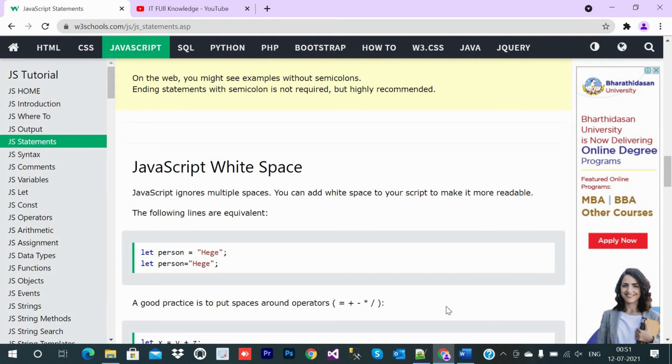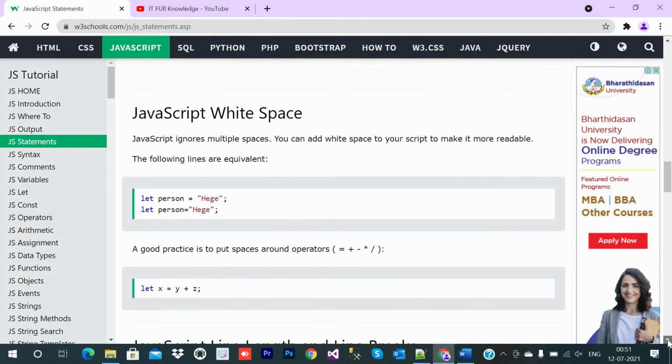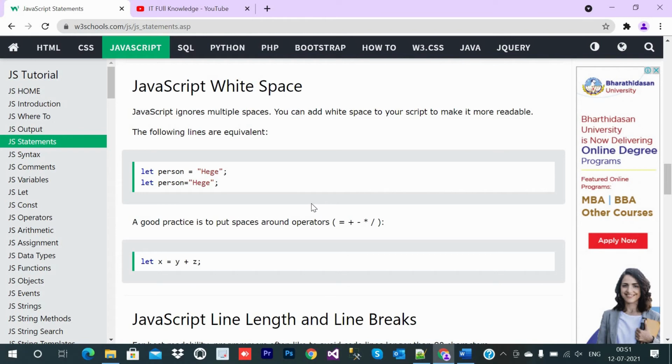Then we will see JavaScript white space. Whenever we declare a variable, which can hold some data, we will discuss in future what a variable is, what let is, and so on.